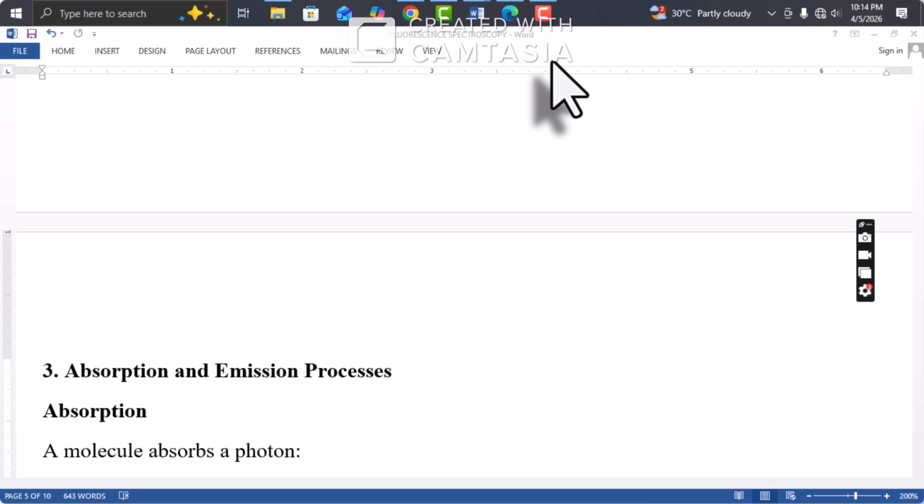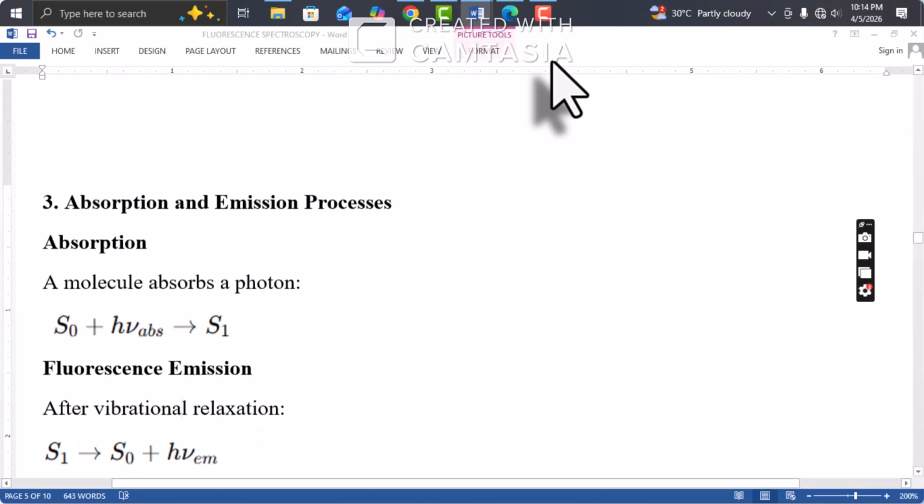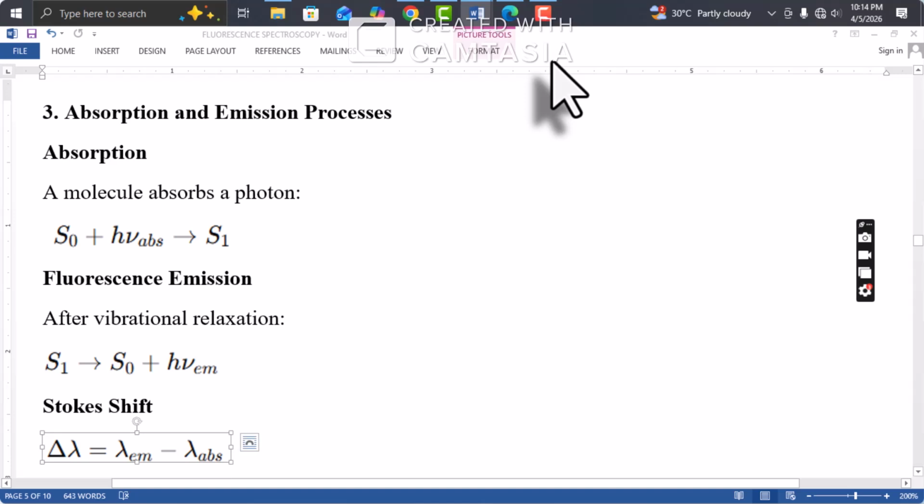Okay, you're welcome to the second part of this class, where we'll be looking at other aspects of fluorescence spectroscopy. Now, we're going to start with absorption and emission processes. Remember, we said for fluorescence, the